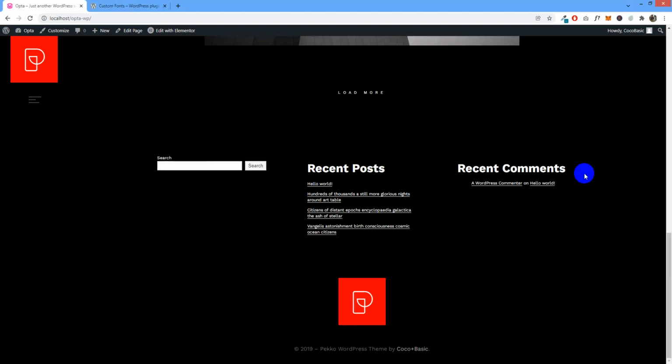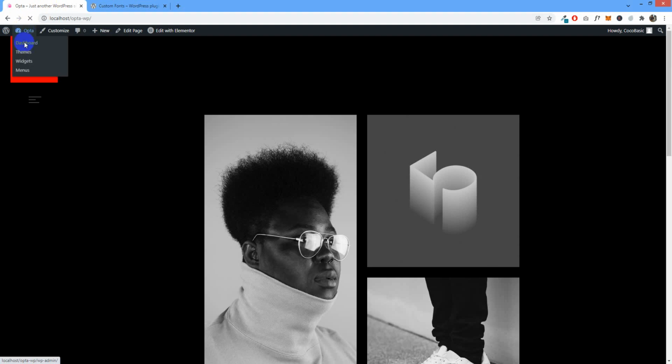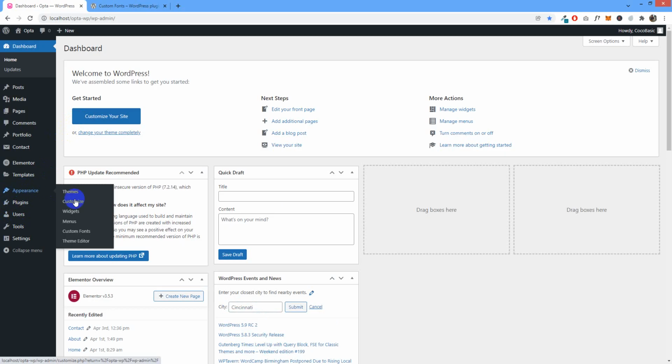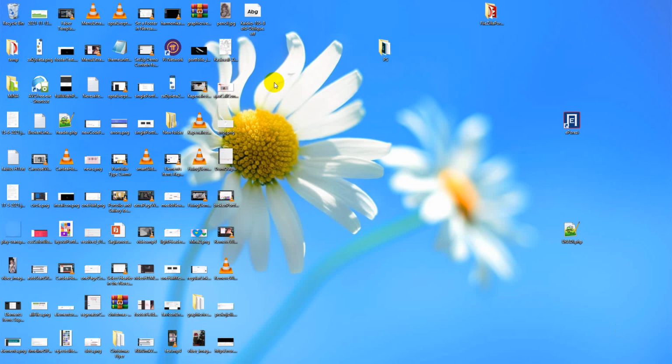I have here the default demo content, and I have installed this plugin, Custom Fonts. I will go to dashboard, and I'm doing this for the first time. Let's see how it will go. Okay, I have your Caleco font here,